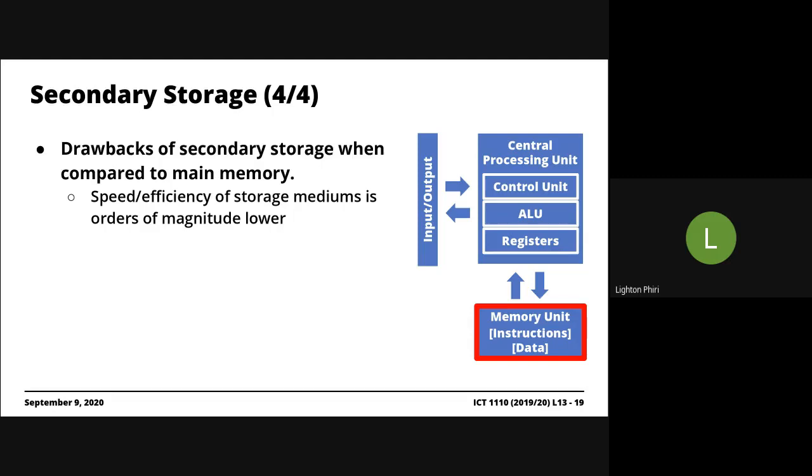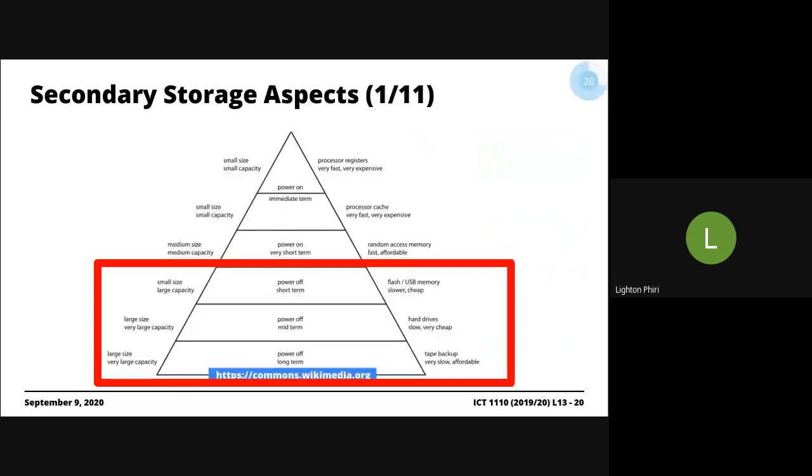And this explains why, if you remember, we introduced the notion of virtual memory, the fact that you can convert part of secondary storage into RAM, and the computer will be able to perceive it as being primary memory. But the drawback of that is that access to program instructions that are going to be loaded into virtual memory is going to be dog slow, right? Again, a reminder that we're at the bottom layer there.